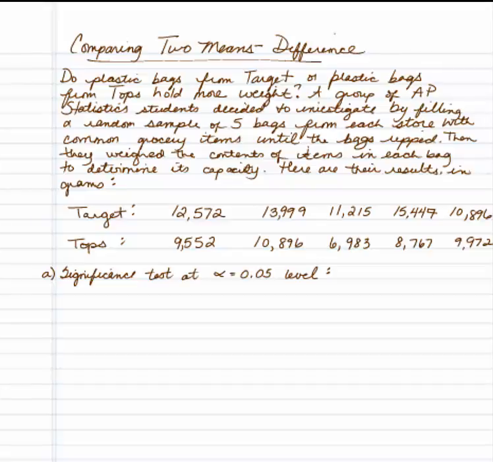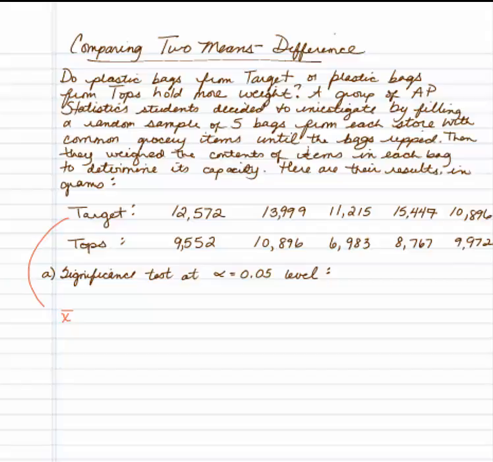So take a minute to jot down this problem and the information from Target and Tops. And what we're trying to figure out is, do Target or Tops bags hold more? They're plastic bags. Do they hold more weight? Now, a couple ways that we can go about doing this. Our goal is really to find out